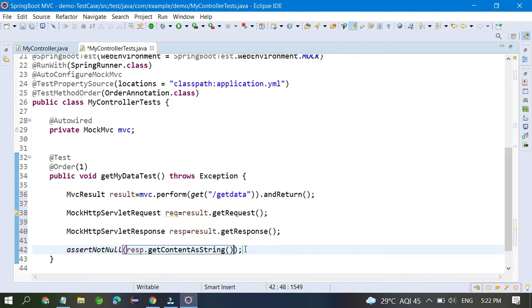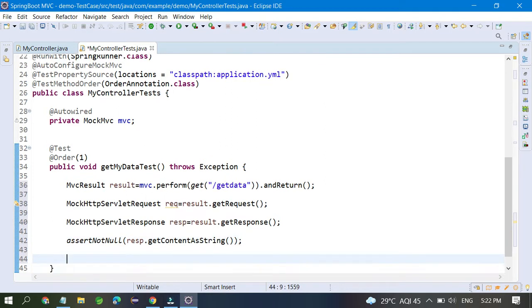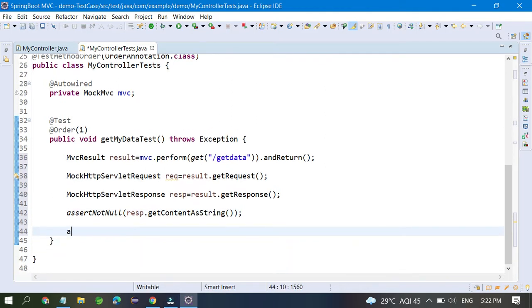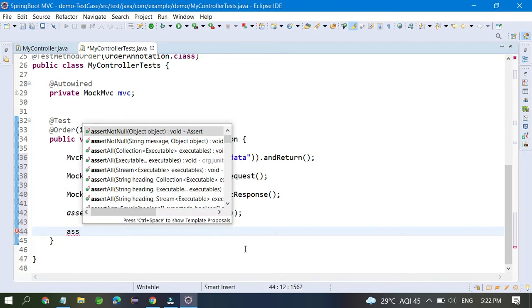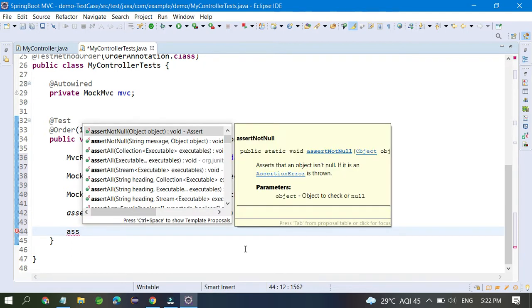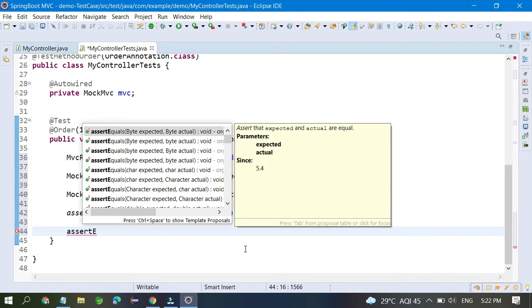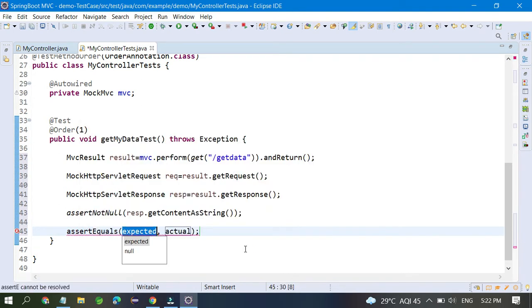And one more function called assert equals. Assert equals is comparing the two data, like actual data and whatever data you got in response.